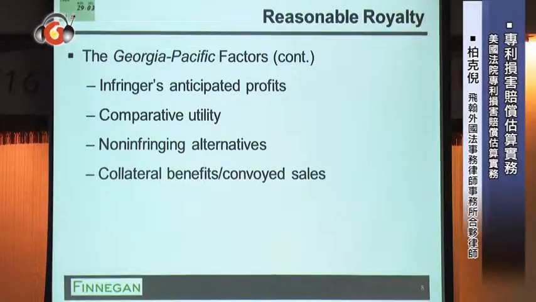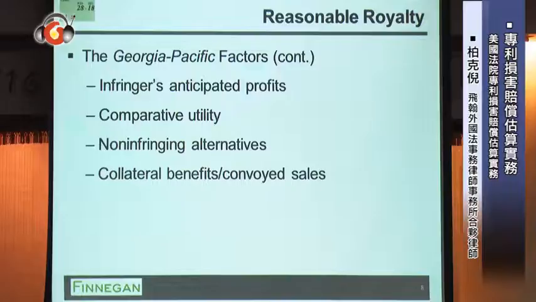How much money does the infringer anticipate making with the accused product? And we see in litigation, because we have discovery, we get to see the marketing department's analysis of how important this product should be to the bottom line of the company, how profitable it should be. This is a factor that you take into account. If the marketing department of the accused infringer is telling the CEO, we're going to make a lot of money off this product because of the infringing feature, that company is going to pay a lot more money for a license than an infringer who would say, well, some customers like it, will get some marginal increase in sales, but not significant. That makes a big difference in the analysis.